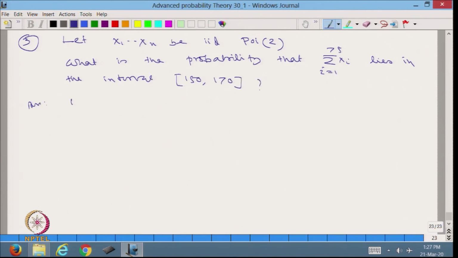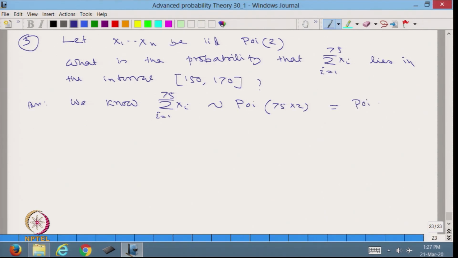Answer: we know sigma Xi, i equal to 1 to 75, is also a Poisson random variable with parameter 75 into 2,